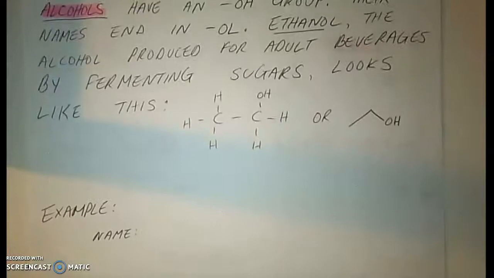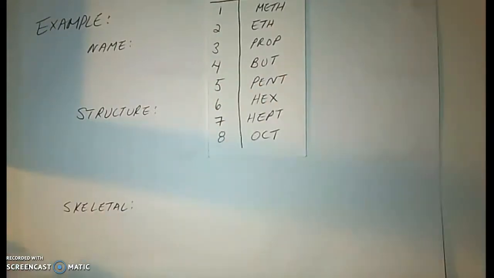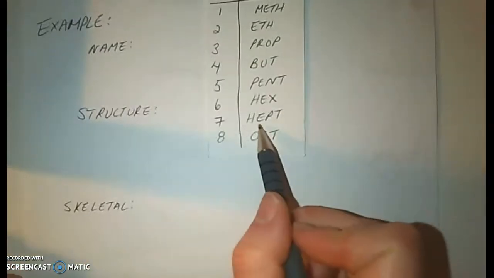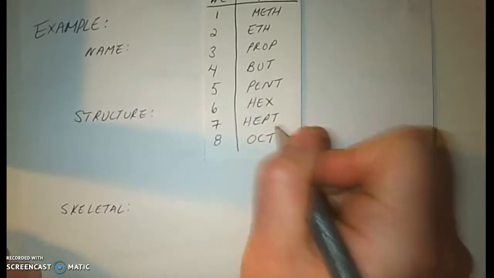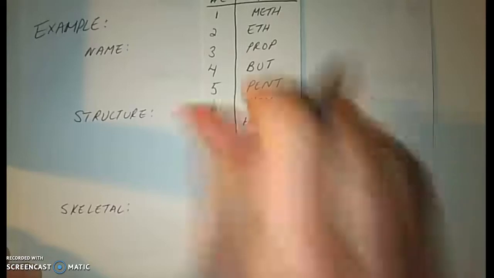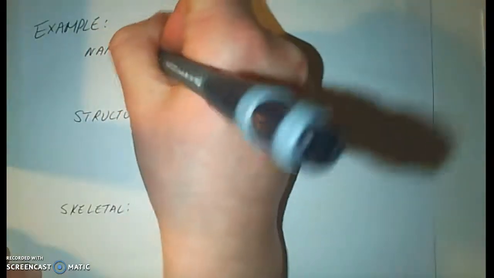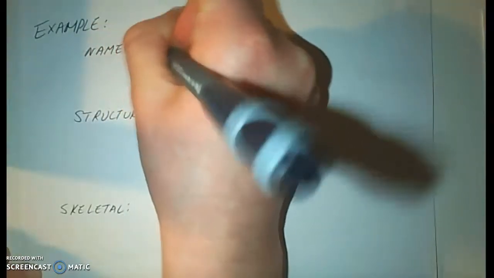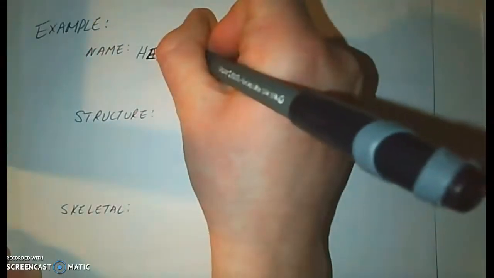Okay, so we'll go through an example of how to write a name, structure, and a skeletal diagram, and then I'll give you guys some example questions posted with this so you can practice your naming and drawing a little bit at the end. Okay, so if I go back to my little key here, I'm just going to make up an alcohol. Let's say I want to do heptane. Okay, so not heptane, but heptanol. So hept means 7 carbons, and then if I put hept, and then if I put anol,